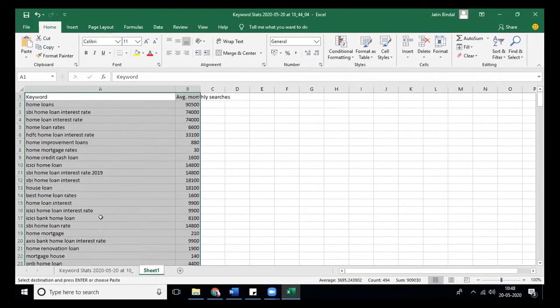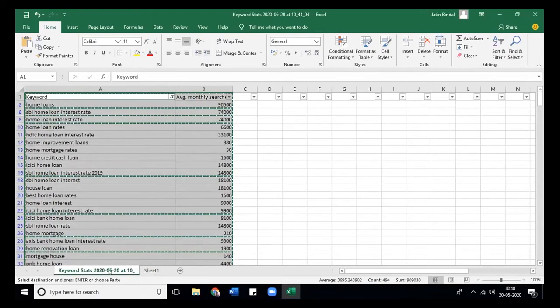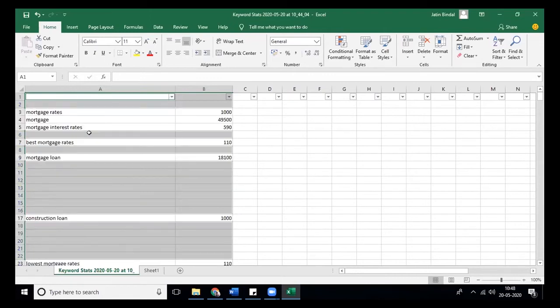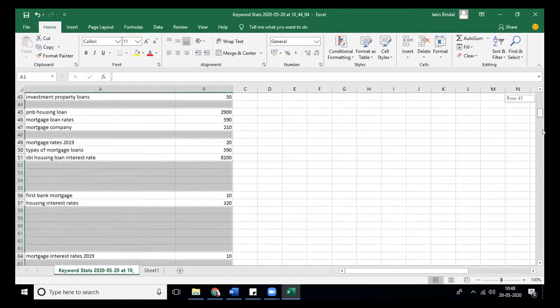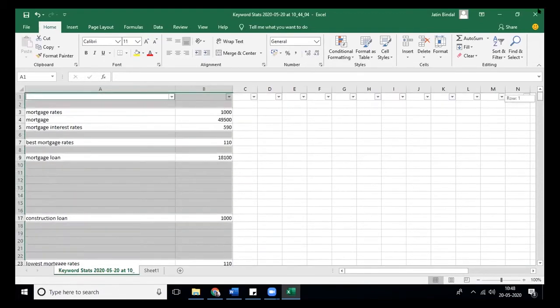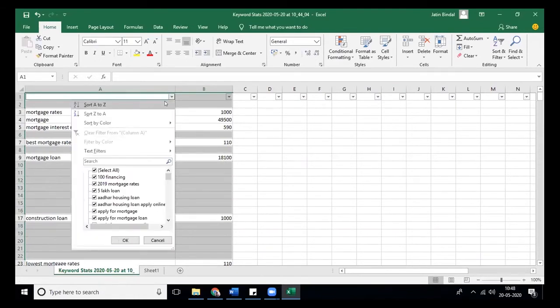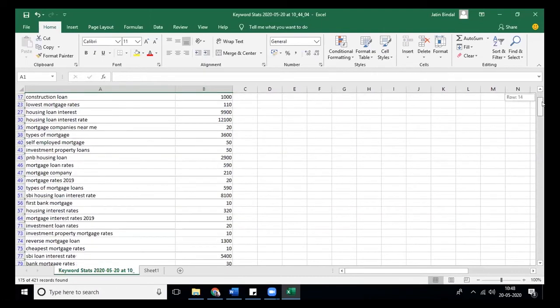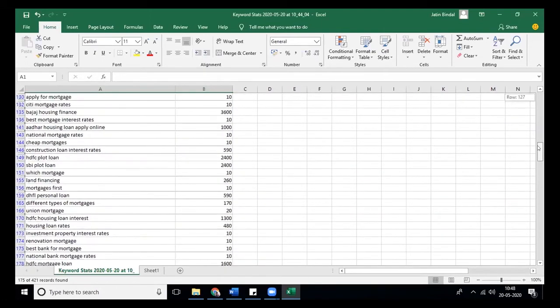At least you avoided another 100, 150 keywords. Maybe even after that, you will see a lot of keywords which are irrelevant to you. Still, you can have one look at it, not more than that.